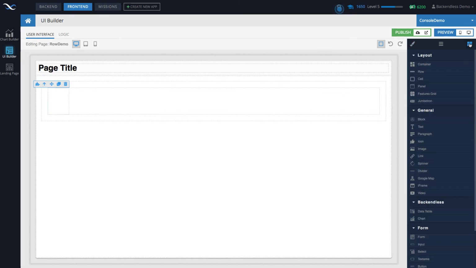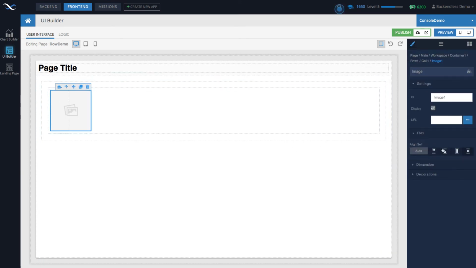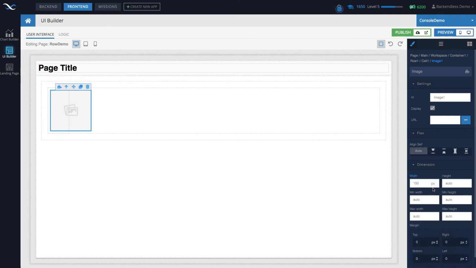And I will drag the image component into my cell right here. I can also modify the dimensions of this image to be a little bit smaller. So for instance, let's say it's going to be 50 pixels wide. Actually, it's a little bit too small.